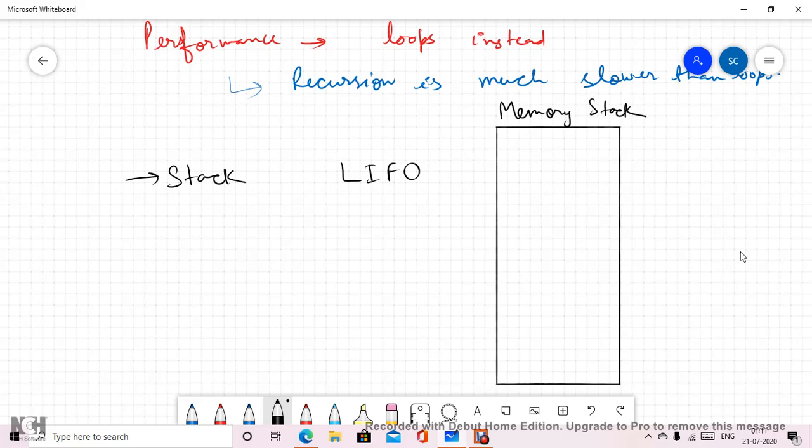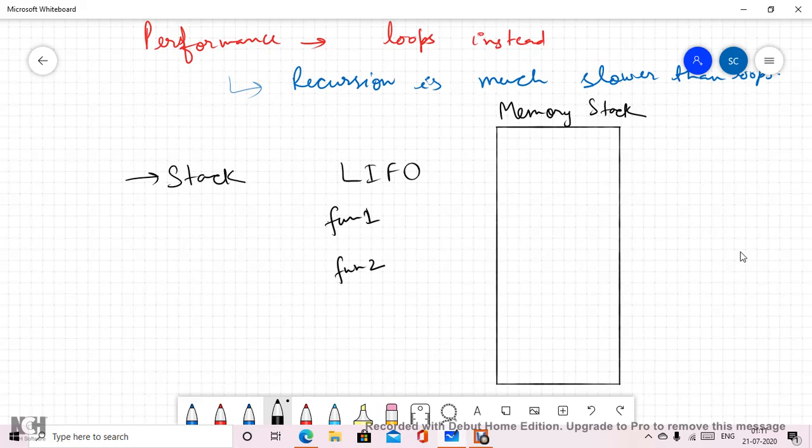And suppose I have two functions, fun1 and fun2.